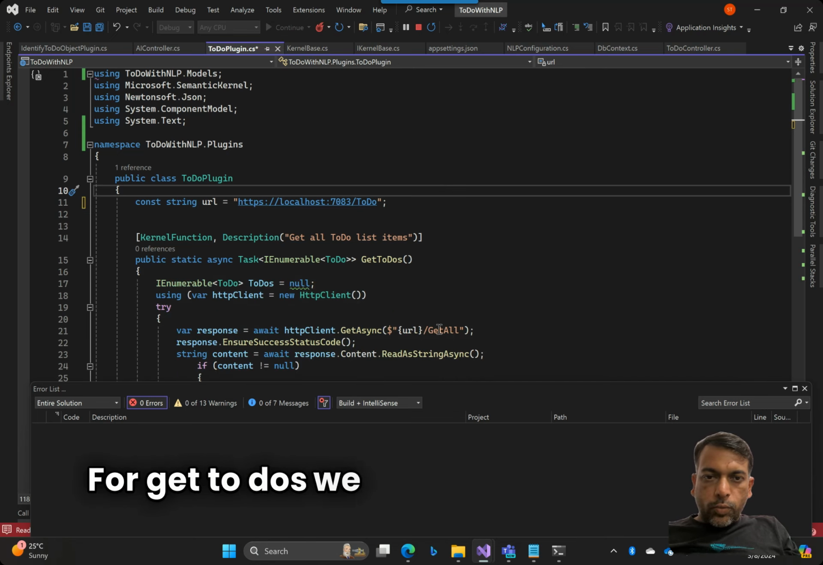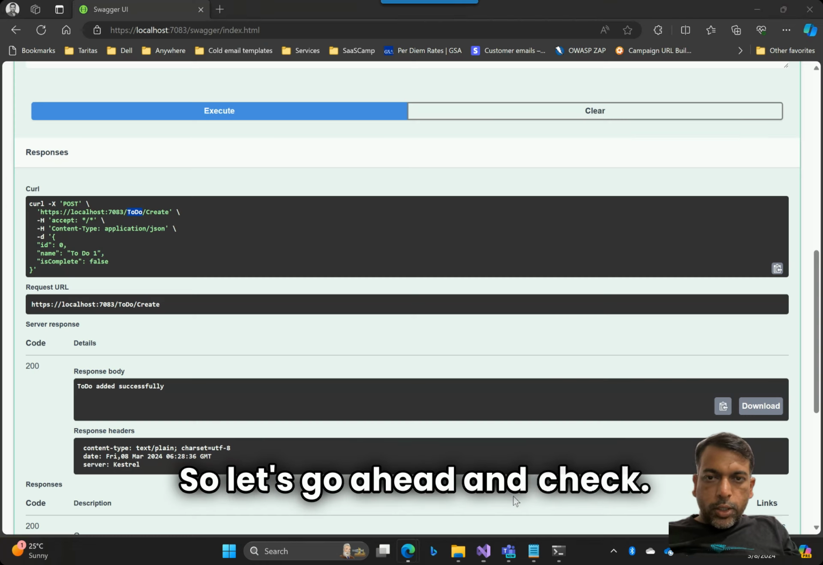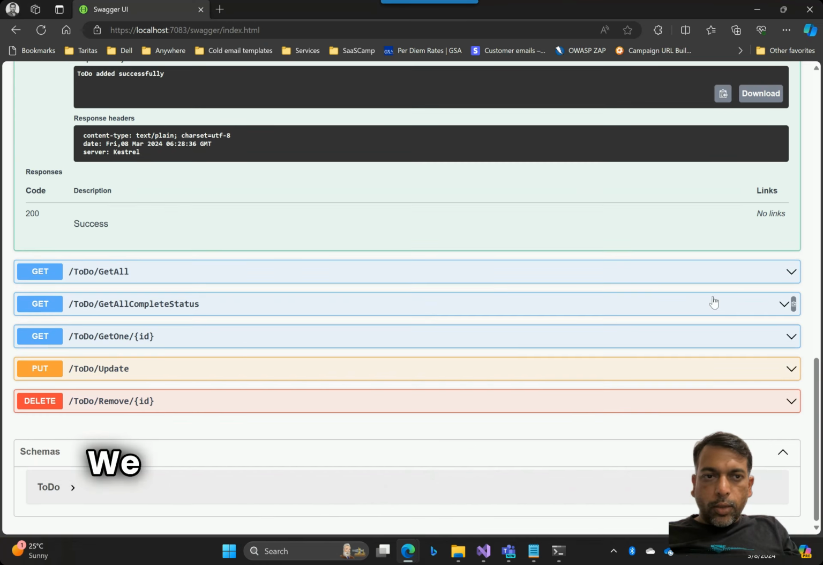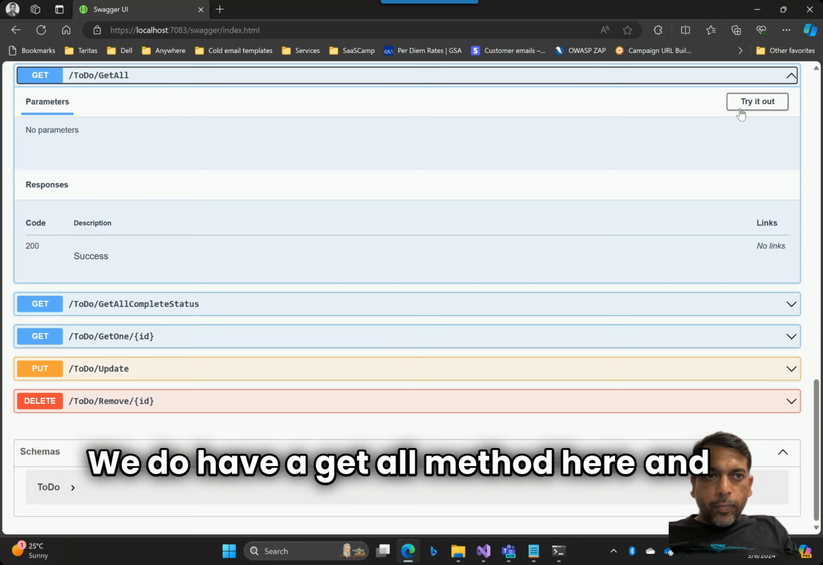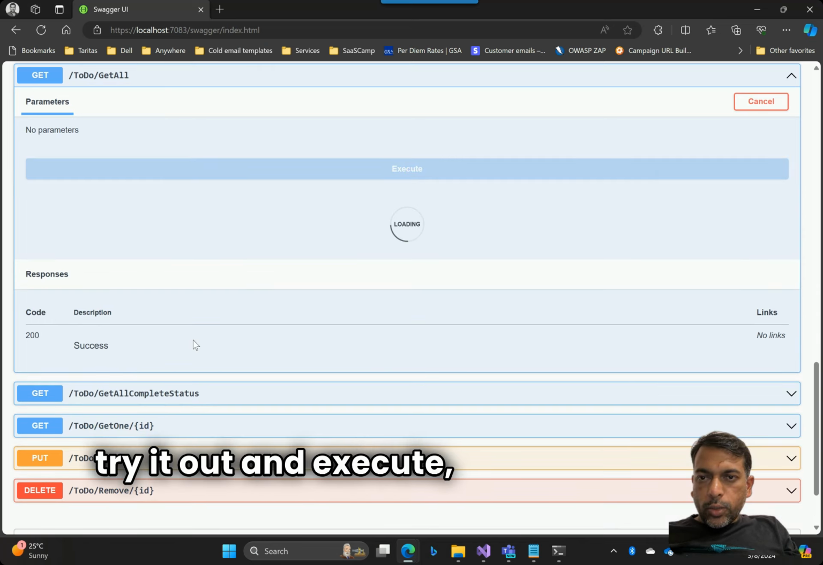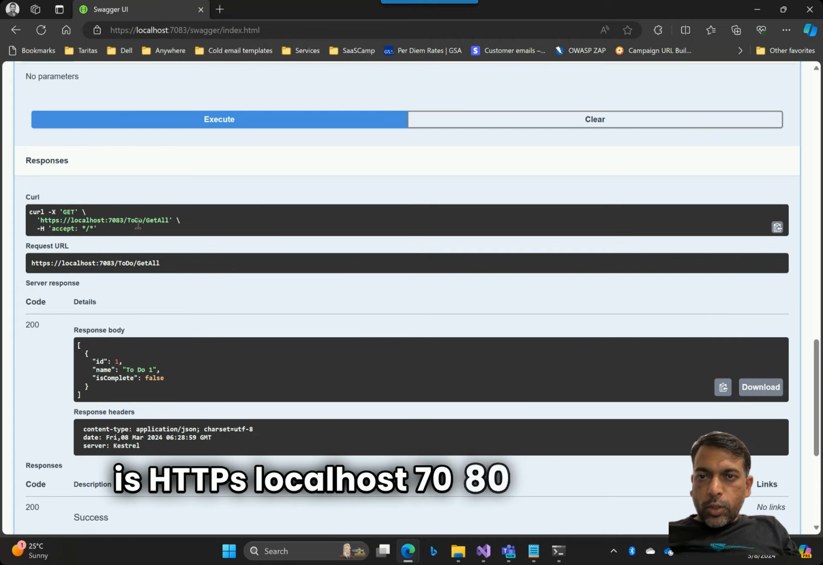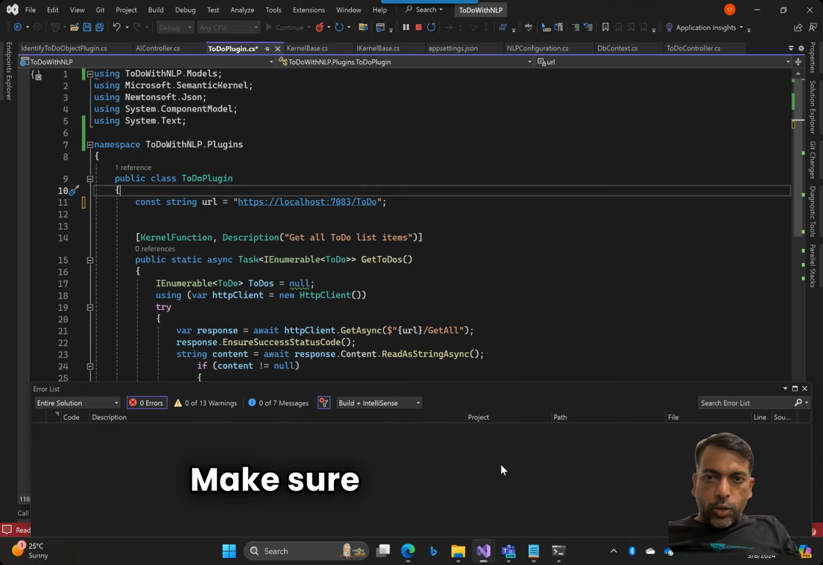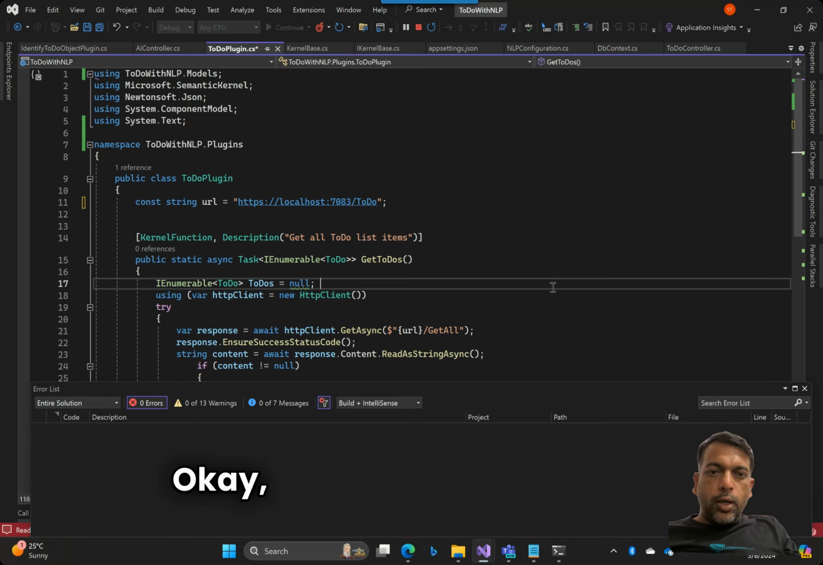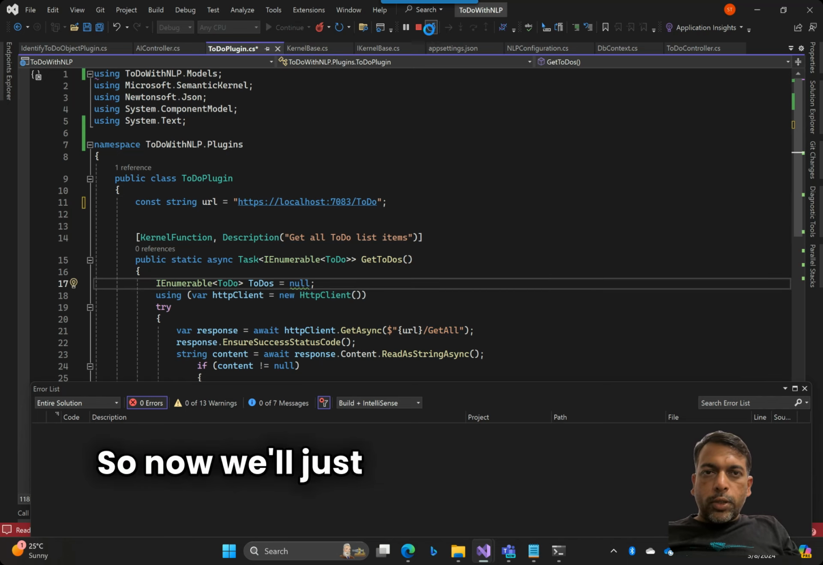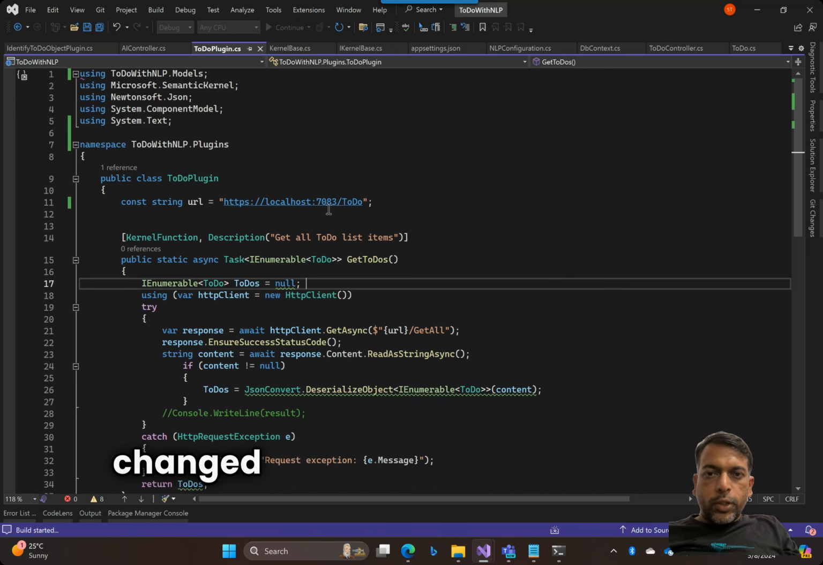For get to-dos, we have a get all method. So let's go ahead and check. That's the same here as well. We do have a get all method here. And if I try it out and execute, the method being called is https localhost 7083 to do get all. Make sure it's all the same. Localhost 7083 to do and get all. Okay, everything looks good. So now we'll just rerun this application because we changed the base URL